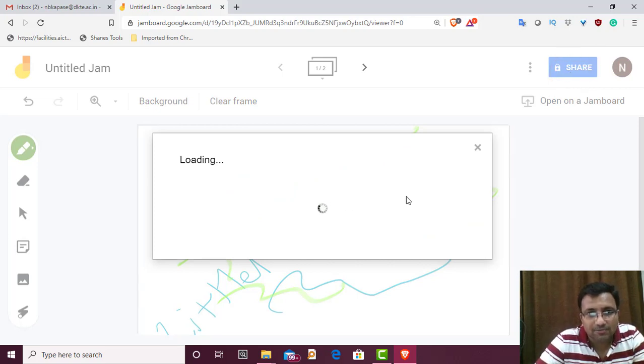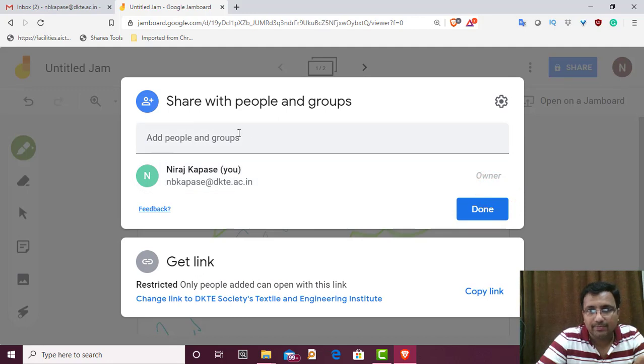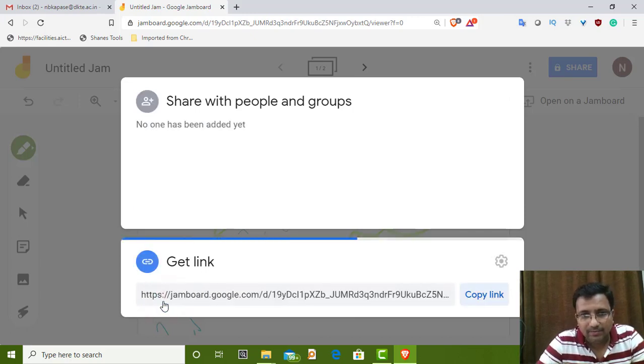So there are different options available for sharing. One is you can share privately or you can share collaboratively. You can have both options, like the editor option also. Here it is. I can have here people with a share, and I can restrict with my institute as well. If I don't want to restrict that, I can change here.